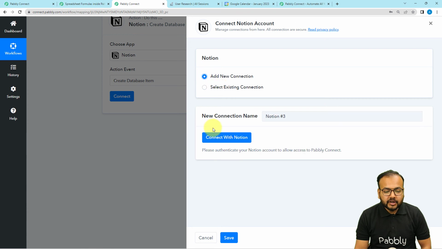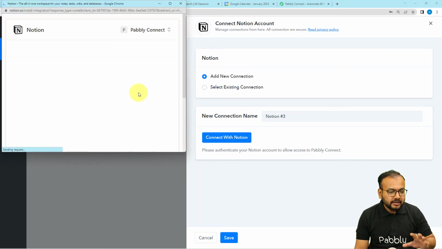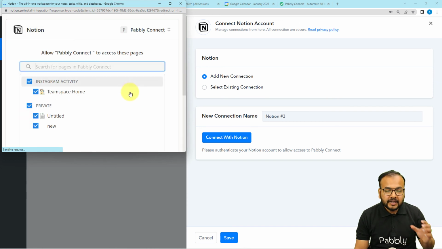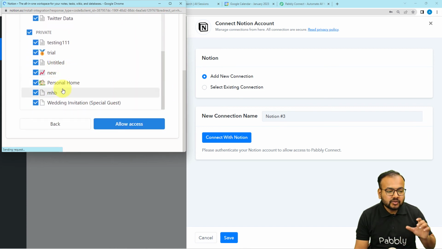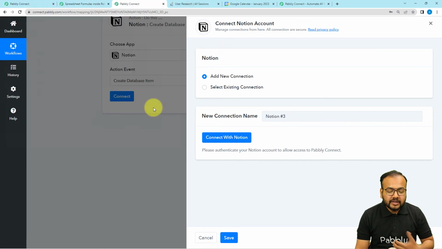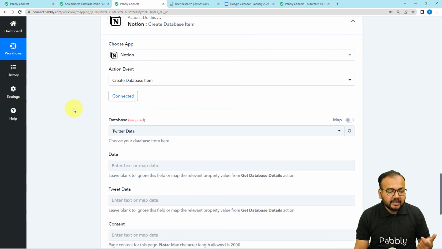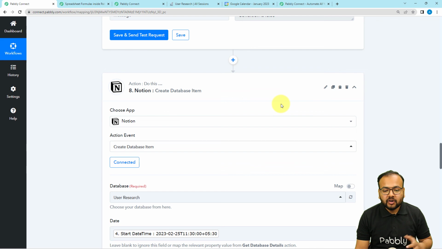From here select add new connection, then click on connect with Notion and you will be connected. It will bring you to this page. From here you have to select the pages that you want to give the access to. Okay, if you want to give the access to all the pages, you can select all and then click on allow access so that you can create items automatically in any page or any database. Then you can select the database name and map the details as I have did, and your work will be